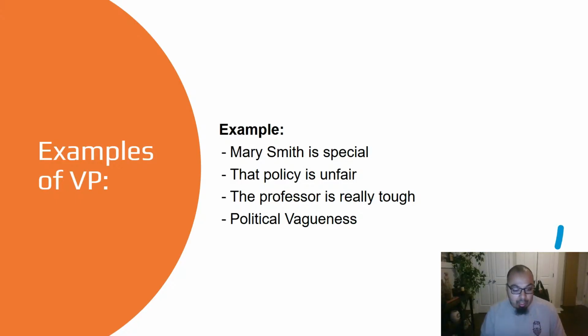It's not clear. So politicians often use vagueness strategically. It allows them to appeal to many people without committing to anything concrete. So in essence, it lets them avoid answering the question. It's clever in some ways, but remember what fallacy means. Fallacy means being deceitful, unclear, being tricky. So when someone's trying to be vague, although it looks very clever, it's actually being very deceitful. So you want to be honest, right? You want to be humble. You want to make sure you're honest with people.